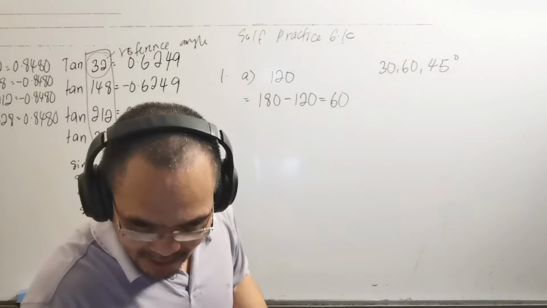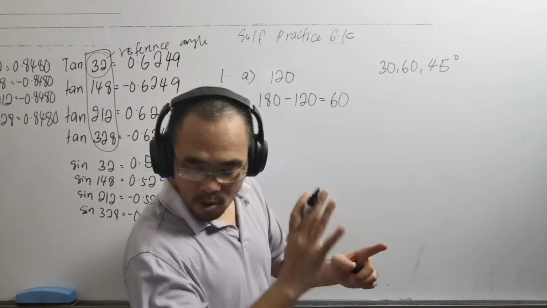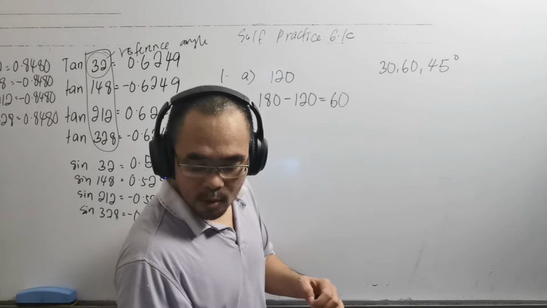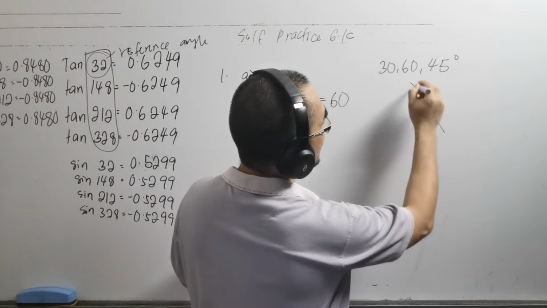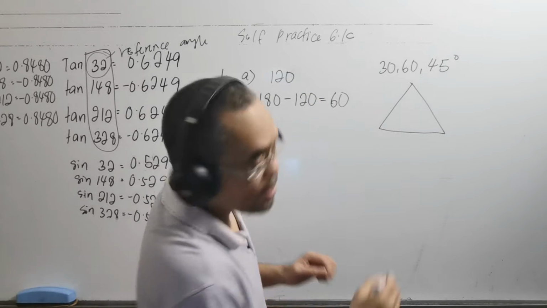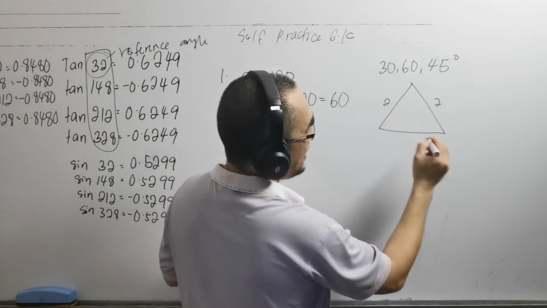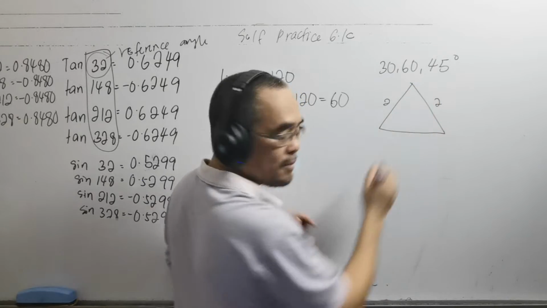Just like in your textbook, we have to draw. You look at the right side of page 180. We have to draw first one triangle with side of 2, and if you cut everything,